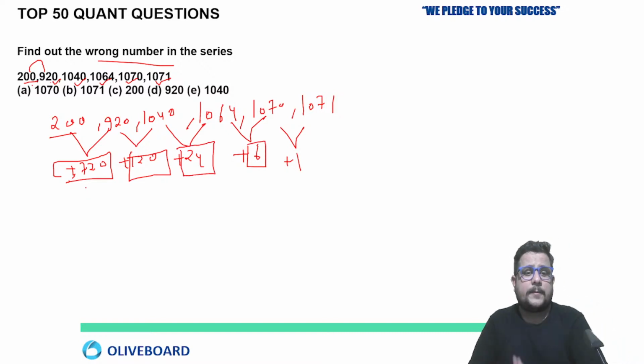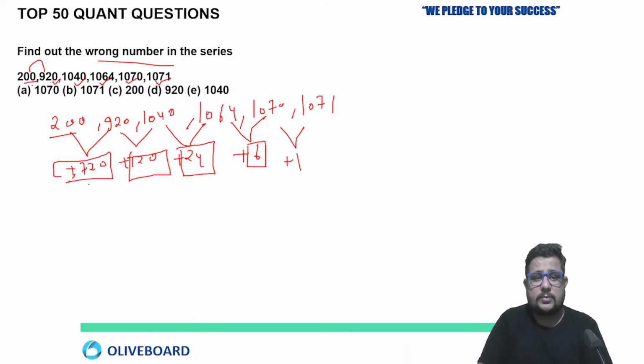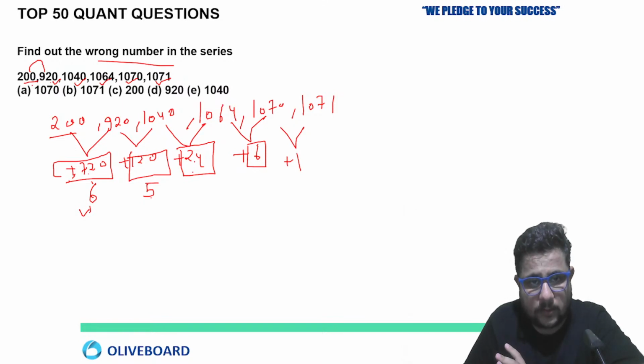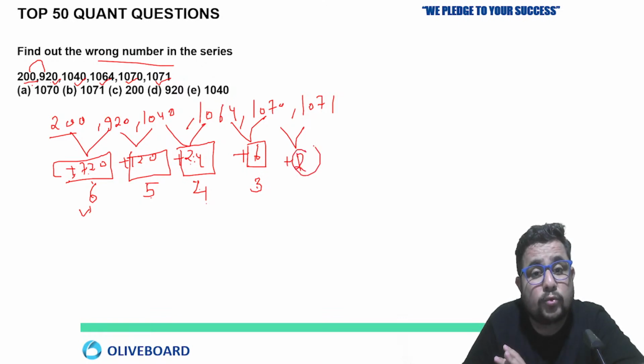You can go with the difference getting decreased two ways. I will tell you, you can divide by 6 here. When you divide the first difference by 6, you get the second difference. Then divide by 5. We are just dividing the differences in descending order, starting with 6, 5, then 4. Okay, 24. The next difference will be divided by what? 5 minus 1, 4. 24 by 4, 6. Then the next must be divided by 3. So 6 by 3, there must be a 2, but 1 is given. So 1070 plus 2, 1072 must be there, but this is a wrong number.